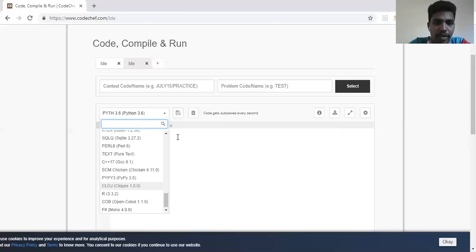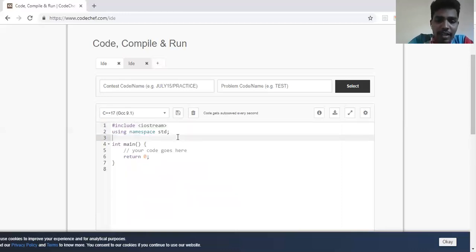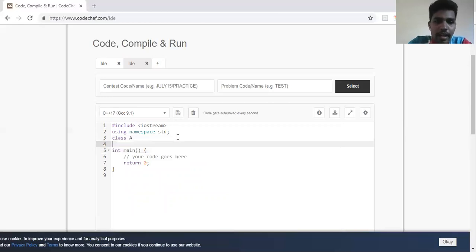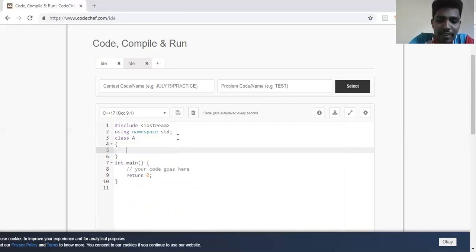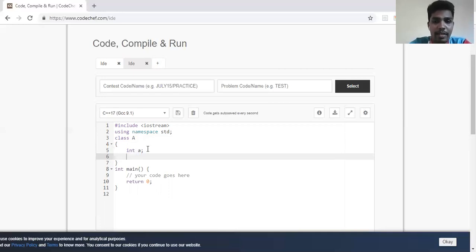to illustrate those concepts. So consider I have a class A, and I'm having an integer variable there. If you can see here, int a is one of the data members of class A. It is kept private. How do I know it is private? Because by default, if I don't specify any access specifier, it takes private. In structures in C, it takes public as the default. In a class, it takes private as the default access specifier.